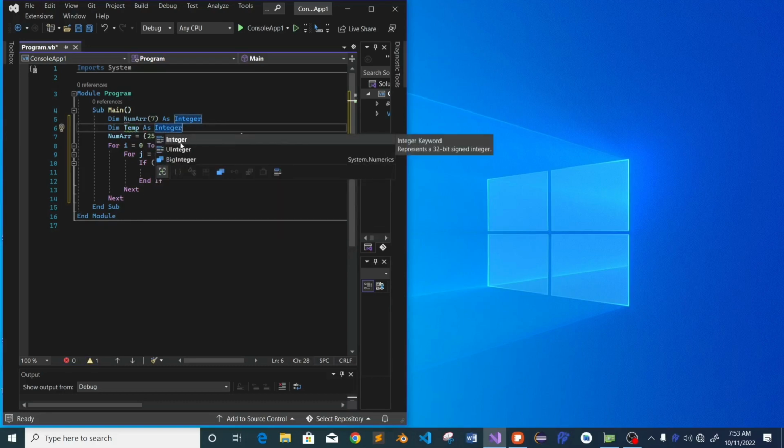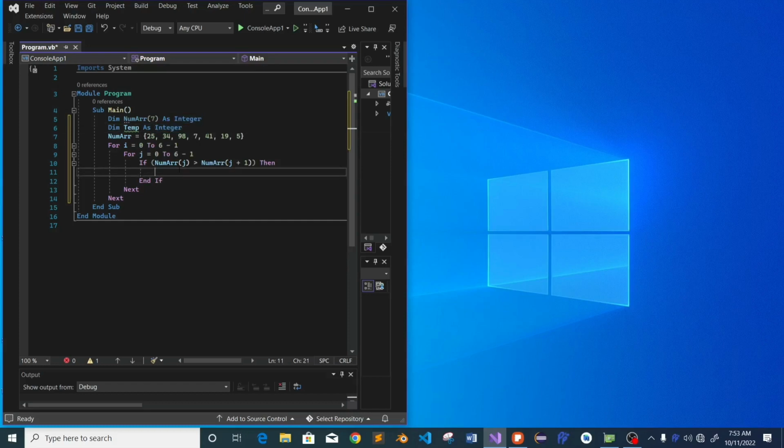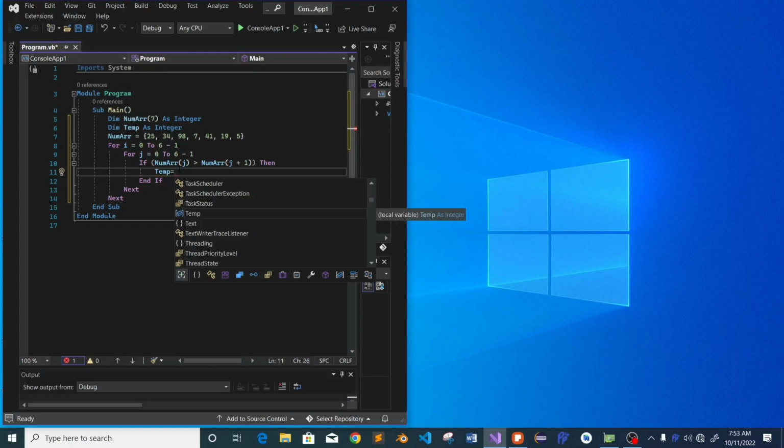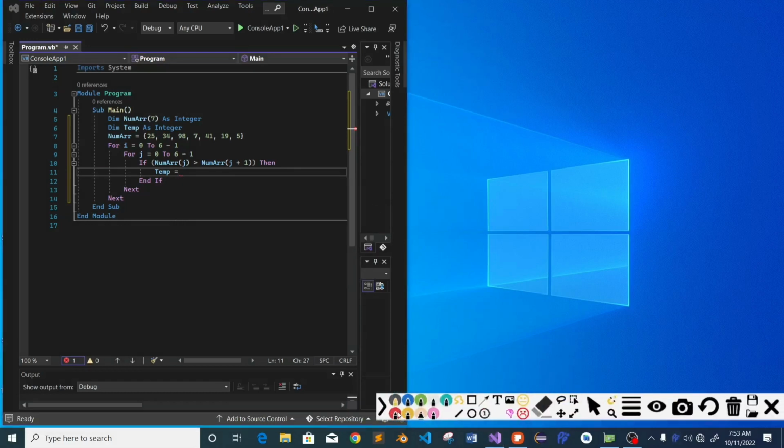So I'm using this variable for temporary reasons. So temp will store the value of, okay, so let's think about it. If I'm having